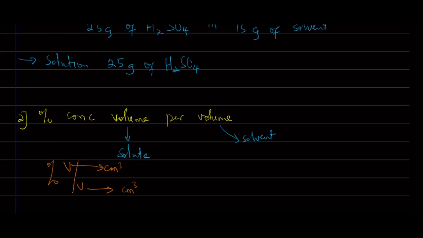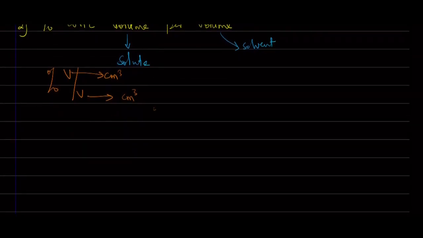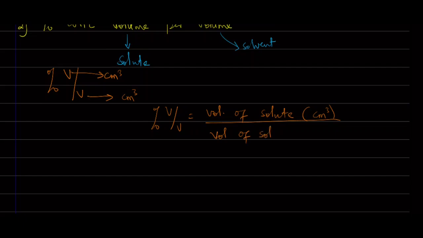So percentage concentration volume per volume is the volume of solute in centimeter cube which is dissolved in volume of solvent. But since we are using solution, we say which is dissolved in 100 centimeter cube of the solution. Why are we using 100? Simply because we are dealing with